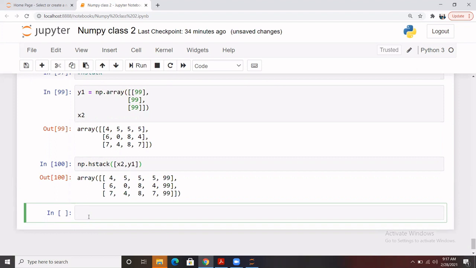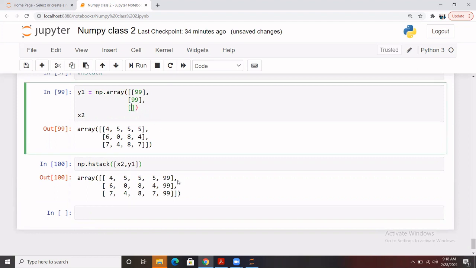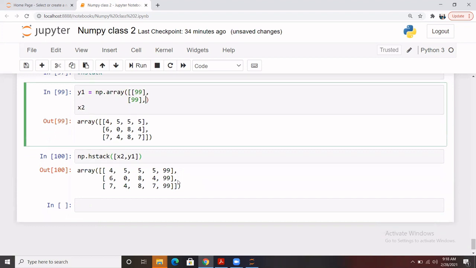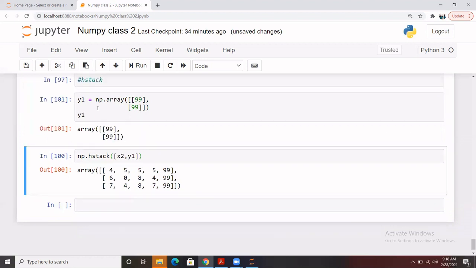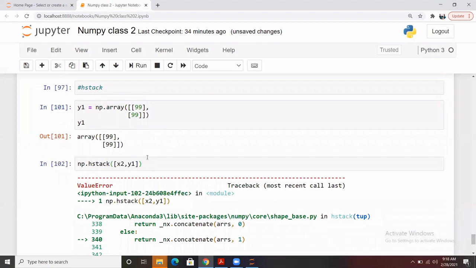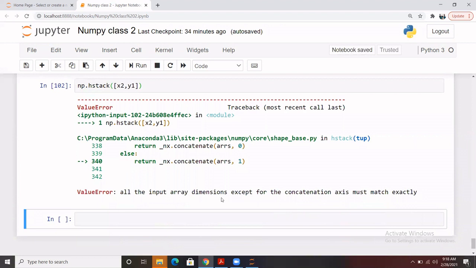And you need to remember that, for example, we don't have the equal dimension or equal records. Let's remove this. For example, we have like this only. So this array looks like this. We have only 2 records, so we cannot stack it here. It will throw an error. So it should be similar, and you can read this error: all the input array dimensions except for the concatenation axis must match exactly.